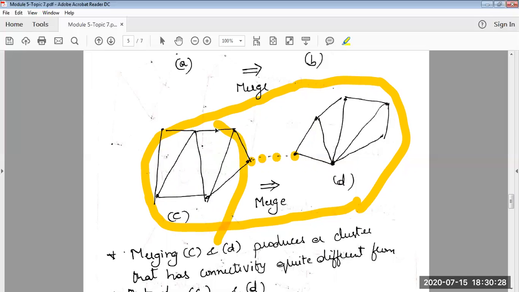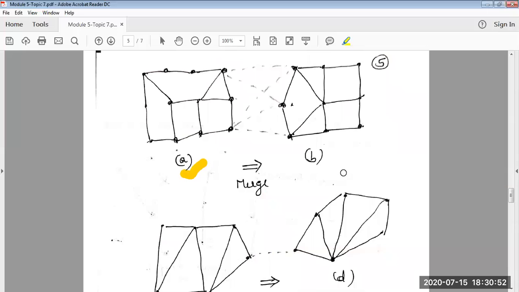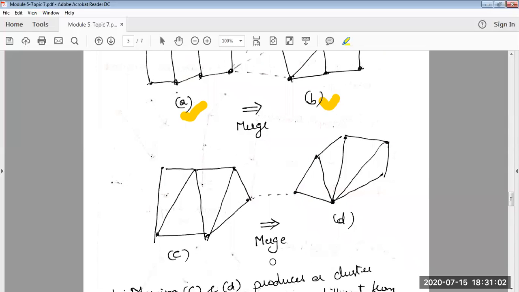In my original cluster, the connectivity was such that each and every point had 3 to 4 edges. But after doing the merger, when I tried to connect the points between the two clusters, in many cases you can see one example I have depicted is just one edge. So in this case, you will decide that you will not be merging C and D. So cluster A and B can be merged because the RI property, relative interconnectivity property, satisfies for the Chameleon algorithm, and you cannot merge C and D.